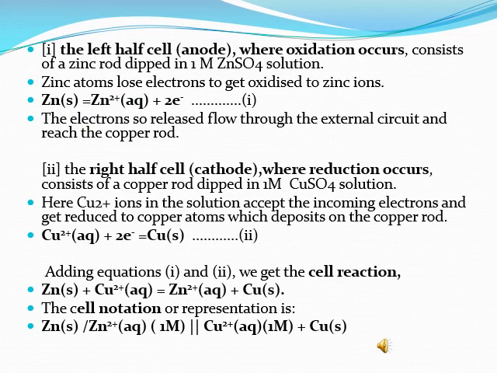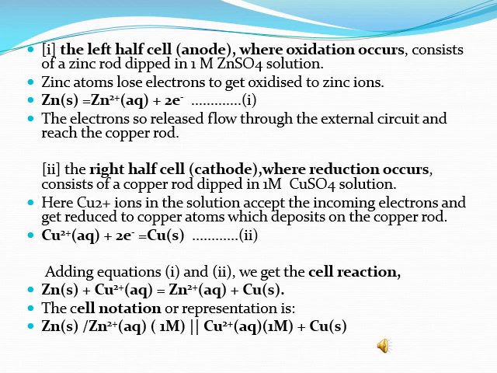The left half cell is the anode where oxidation occurs and consists of a zinc rod dipped in 1M zinc sulfate solution. Here zinc atoms lose electrons to get oxidized to zinc ions. Look at the equation. Zn solid is getting converted to zinc ions aqueous by losing 2 electrons. The electrons so released, they will flow through the external circuit and reach the copper rod, which acts as the